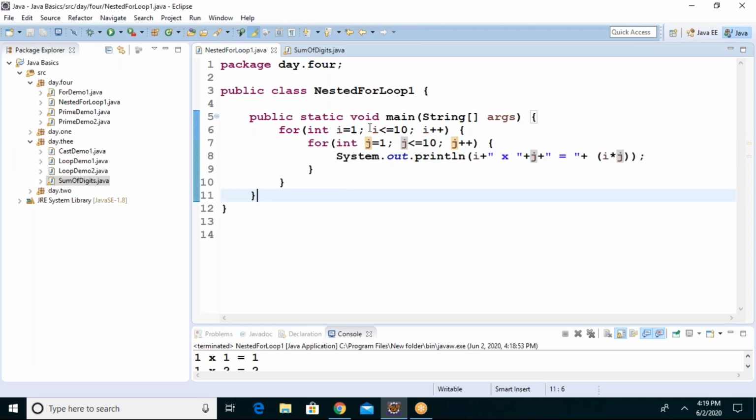So like that, with nested for loop, you should understand how the iterations are performed here. Then you can do a lot of programs. So we'll do some more programs in the next session, some good programs. Okay, and for now, I wanted to stop. Is that clear to all?